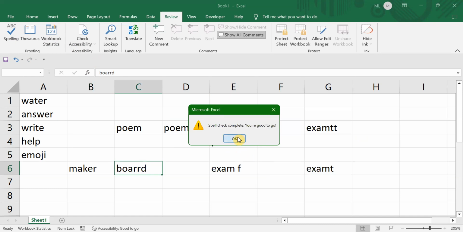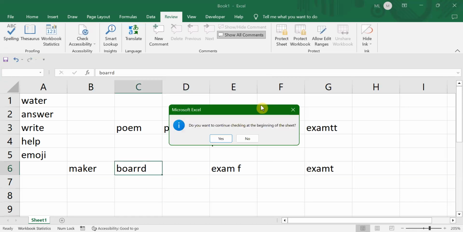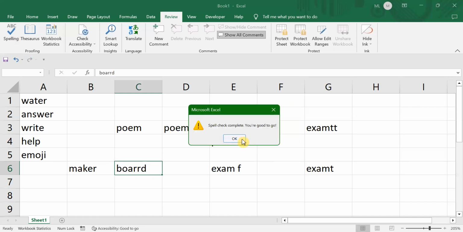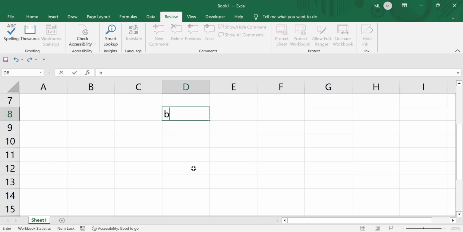Yes, spell check complete. If I click spell check again, ARD, if I enter this thing,